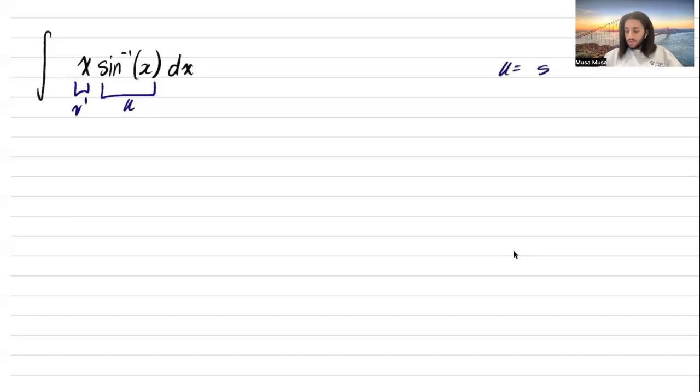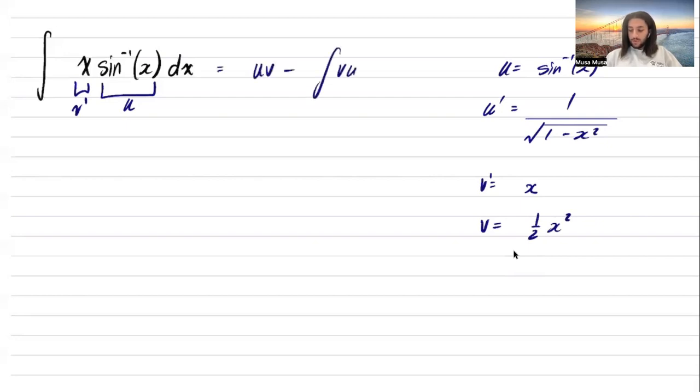So if u equals inverse sine of x, what's the derivative? I think we've already spoken about this. So it should be 1 over the square root of 1 minus x squared. Now, if v dash equals x, v should equal a half of x squared. This equals uv minus the integral of vu dash dx. Okay, by the way, this is on your reference sheet, so I guess you don't have to remember it, which is good. U times v is going to be a half of x squared inverse sine of x